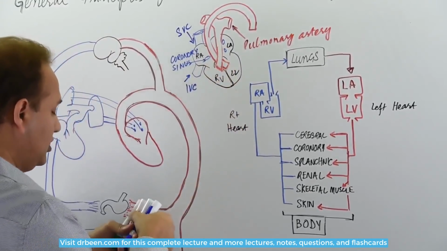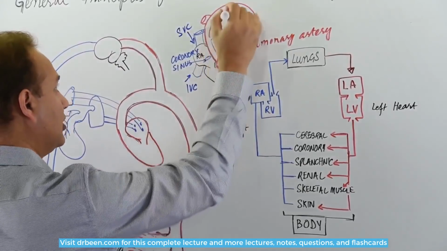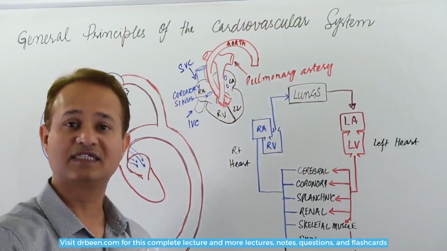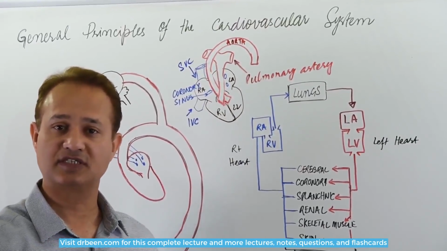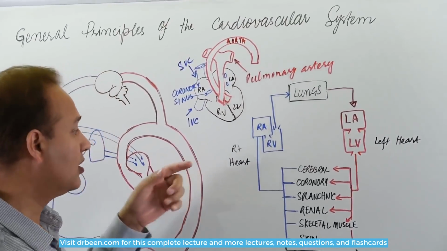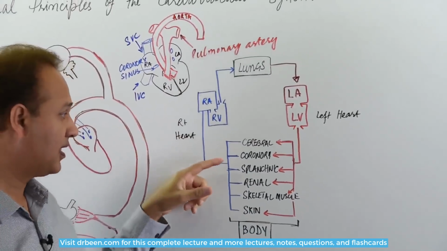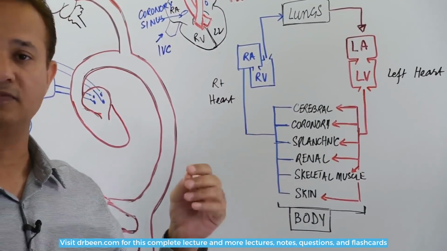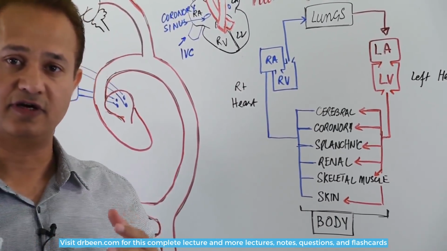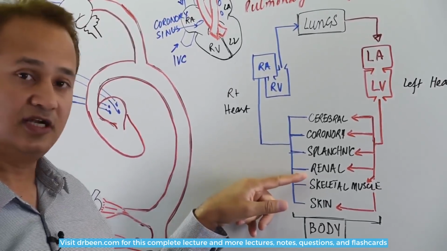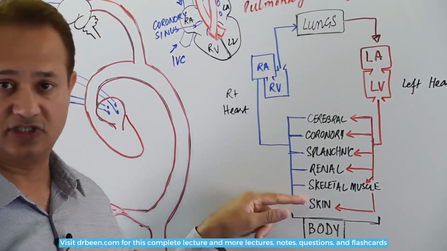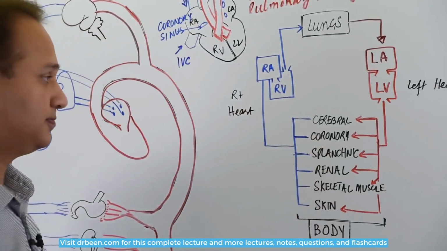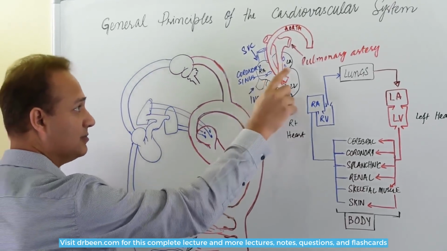Left ventricle in turn pushes the blood or pumps the blood into the aorta, and then the aorta is connected to the systemic tissues. There are 6 major systemic tissues that you should know about. One of them is cerebrum, or the head and neck area. Coronary tissue, that is the heart itself. Splanchnic tissue, that means GIT, that is intestines, liver, spleen, etc. Renal systems or kidneys, skeletal muscles or just the muscles, the skin, and that makes the systemic tissues. Alright, so now these are the chambers and the